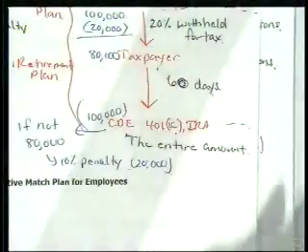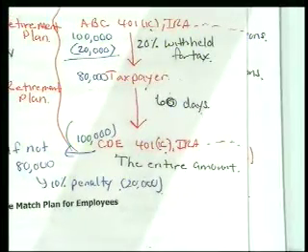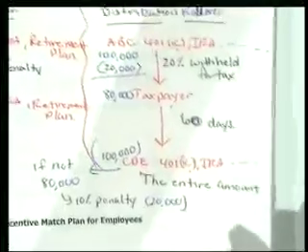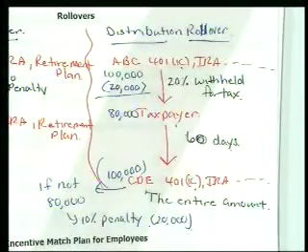Okay, so be careful with rollovers. You do have 60 days, but just keep in mind when they distribute it to you, there's going to be 20% that they're going to withhold for taxes. Even though you may not be penalized if you put it back in 60 days, just know you're going to have to make sure you put the whole amount back. I think that sometimes people may not be aware of that. So that's why direct rollovers are so much better, because you don't ever have to worry about it. It's going to be a direct.